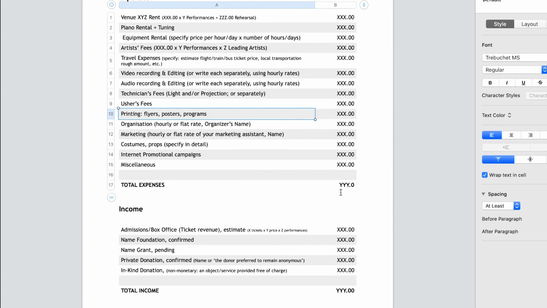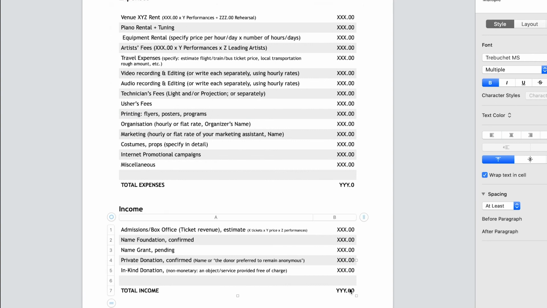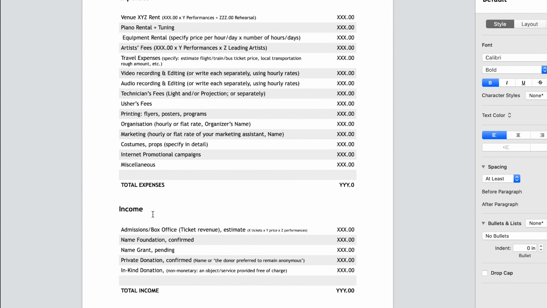So I hope this example is clear enough. I'm not using an Excel form. As you noticed, you can use the numbers if you're working on a Mac, or an Excel if you were on PC, or some other number program that counts everything for you. It's great. Still double, triple check, calculate again. But I wanted to give you an example that it's possible, it's easy to also write out your budget without using any specific software. It's not necessary. You can still manage. I hope it was clear enough.